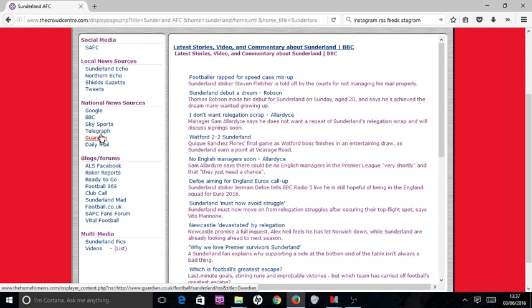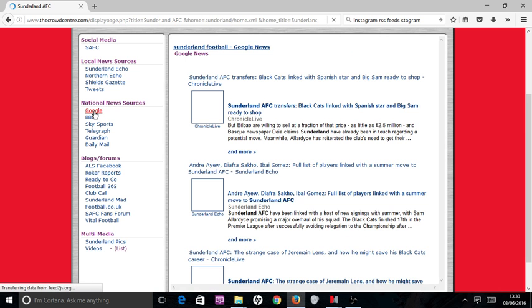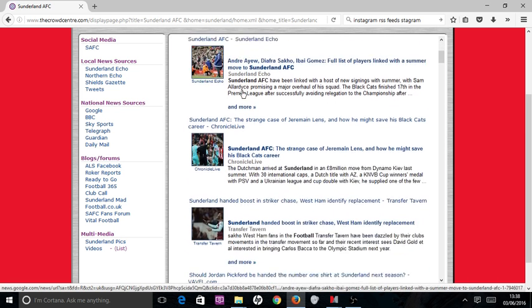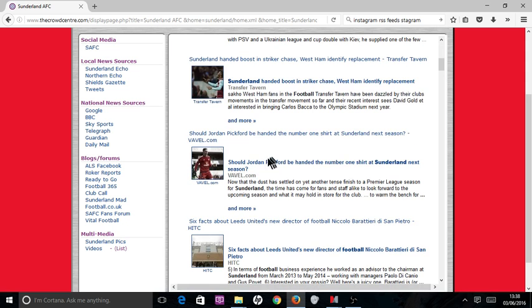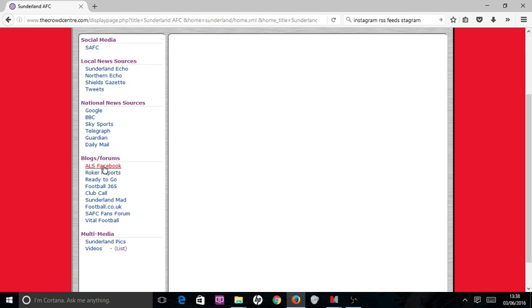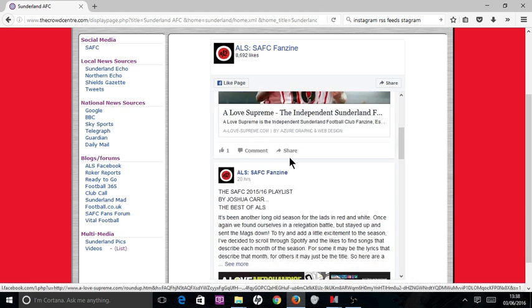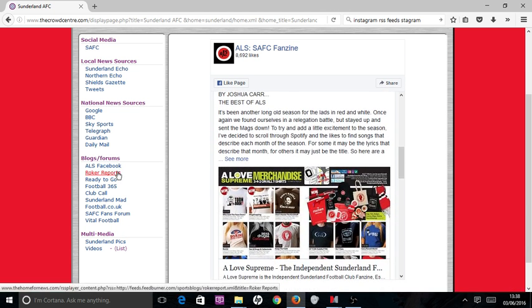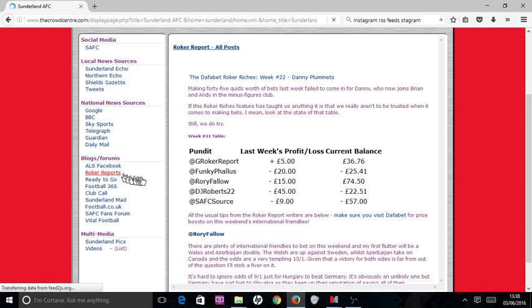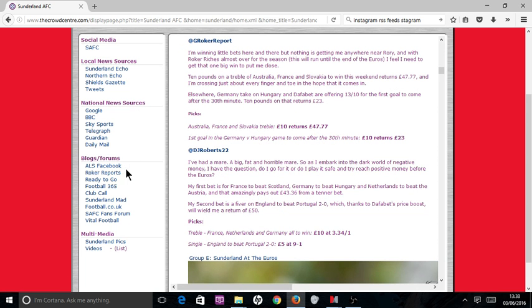Lots of newspapers have their own feeds. Google does an excellent search where they search several thousand publications and get me the latest articles from a whole range of resources. We can get the latest fans forums and content. So Love Supreme's Facebook page. It's some of the fans forums content. Get a lot of social media content, videos for example.